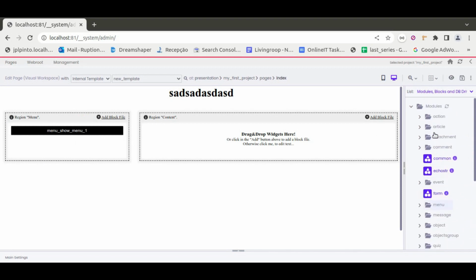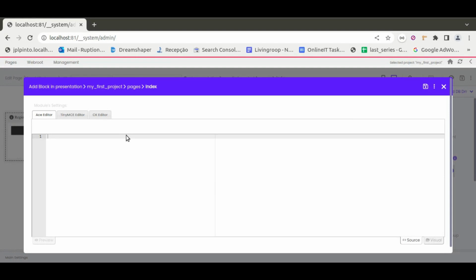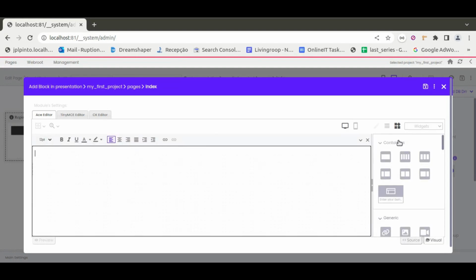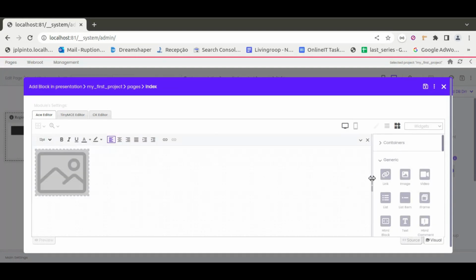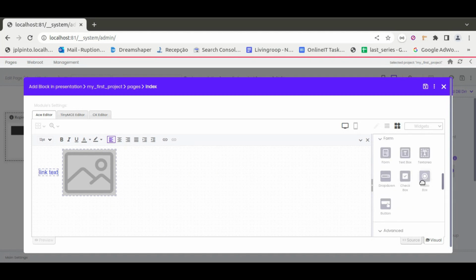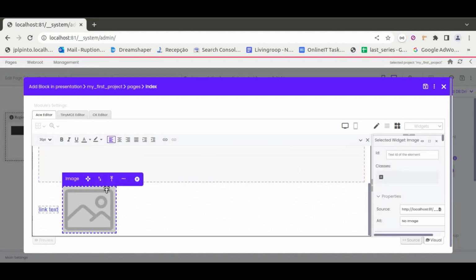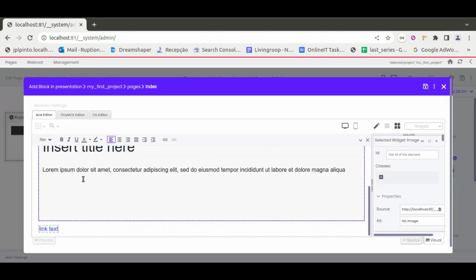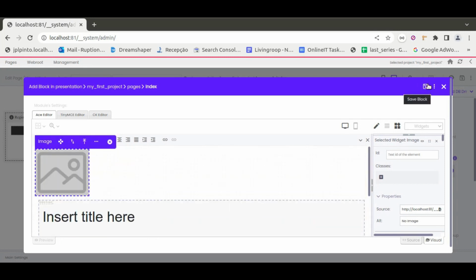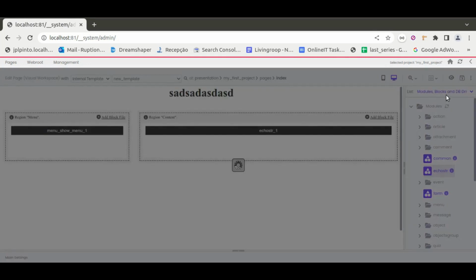Now I will add another block, which is the print module, where here I can create my own design. I can add an image, I can add a link, I can do a bunch of stuff. It doesn't really matter what I put here now. This is just so you can understand what I'm doing here. For example, image first, whatever. So I just save it and it shows me this. So if I save this